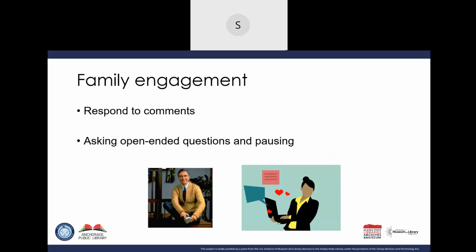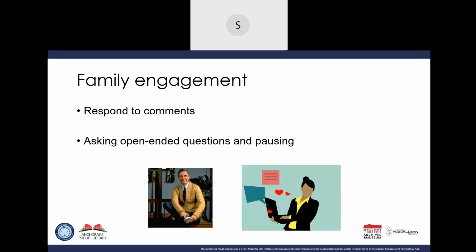So instead of treating your virtual story time the same way you would an in-person story time, where you're talking to a larger group of children all at the same time, in virtual story time, you can think of it more as if you're talking to a child one-on-one and make it a little bit more personal. Chances are there's only one or two children in their home watching you from that particular computer or device, even though you might have 15, 20, 30, 100 people watching your story time. They're only having those little small groups at a time. So it can be a really great opportunity to model how one-on-one book sharing can be for caregivers who might